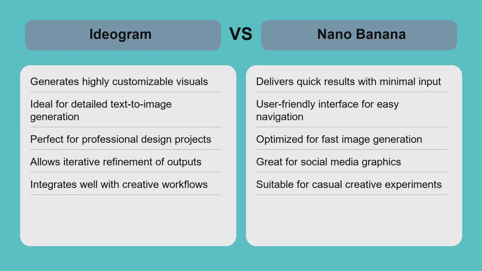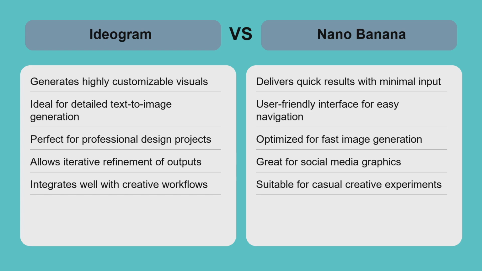Comparing Ideogram and Nano Banana highlights a trade-off between control and speed. Ideogram is perfect for projects requiring detailed, refined visuals and creative precision, such as professional design or concept art development. Its iterative process allows for customization but takes more time and effort. Nano Banana, on the other hand, shines in producing quick, attractive images with minimal input, ideal for fast content creation